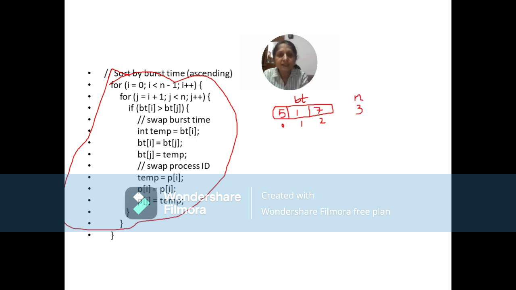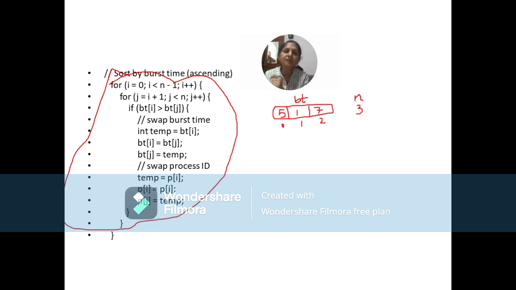We have our BT array. The BT array is of size 3 here because the user has entered only 3 processes. The value of n is 3. The burst time of the first process is 5, the burst time of the second process is 1, and the burst time of the third process is 7. Now which process gets a chance to get inside the CPU first? Since this is SJF, the second process is the smallest process, and this process gets a chance to get inside the CPU first. So in our program, what are we doing?